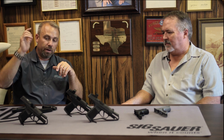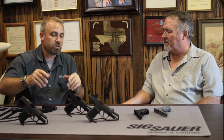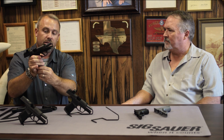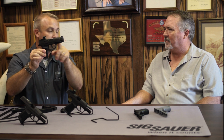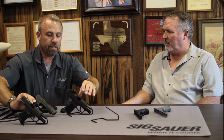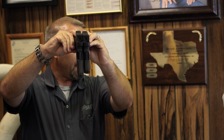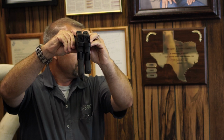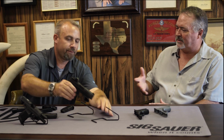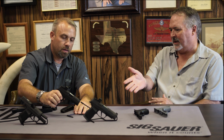So you have your standard 365, you have your 365X, and that has to do with the grip module and the capacity. One thing out there that was hugely popular is when we came out with the 365 XL, which basically is the X for the grip module, L being a long slide. If we hold up to the camera here, and hopefully I'll do this right for everybody watching out there in video land, you'll see a half inch to a 5/8 inch longer slide. So there was obviously a market for that or you wouldn't have done it. What led to coming out with the